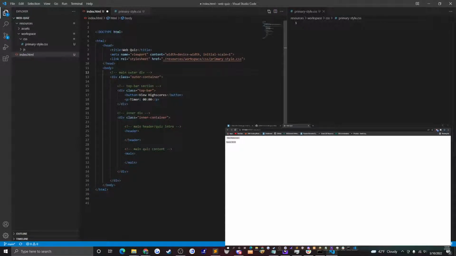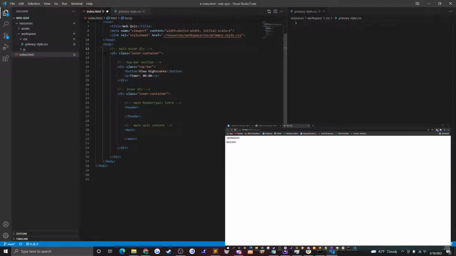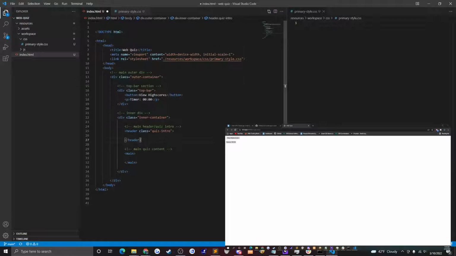Yeah, I'm gonna call the header quiz pro. Alright, I think that's good for now. So, let's actually pop into the CSS real quick, and let's start doing some declarations here